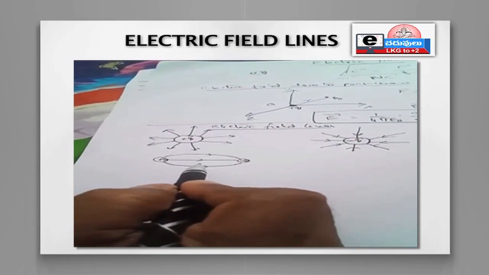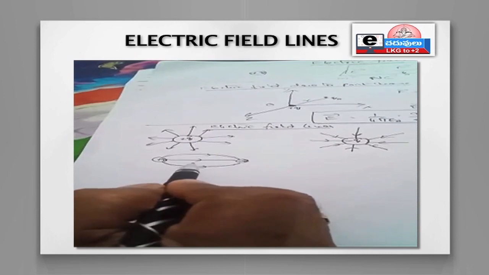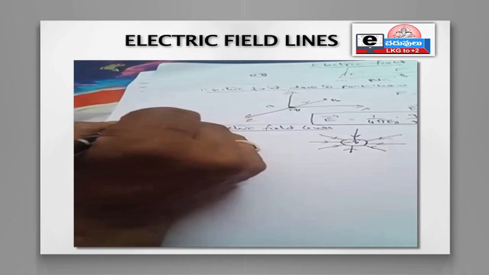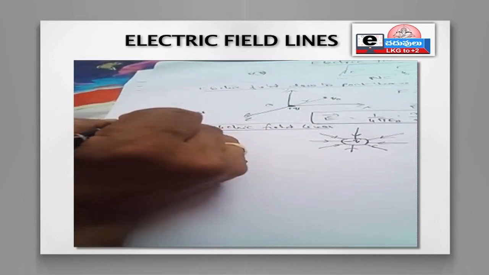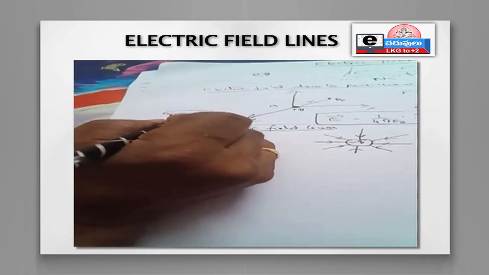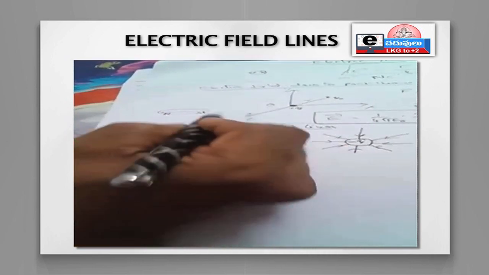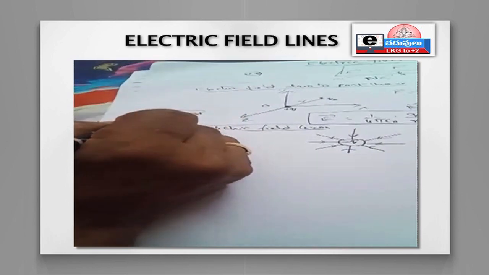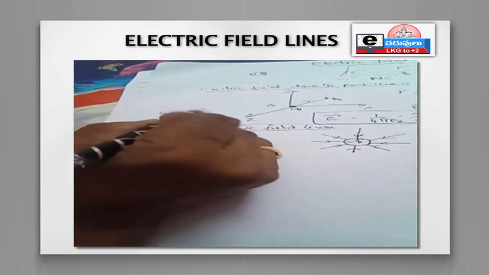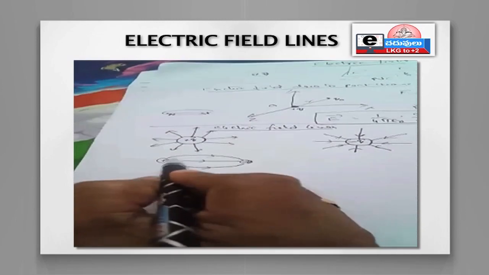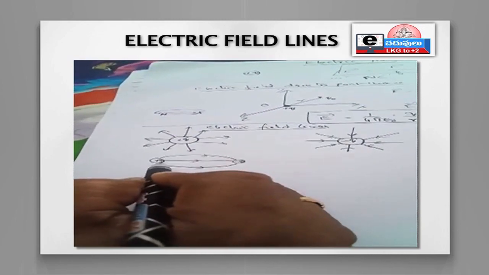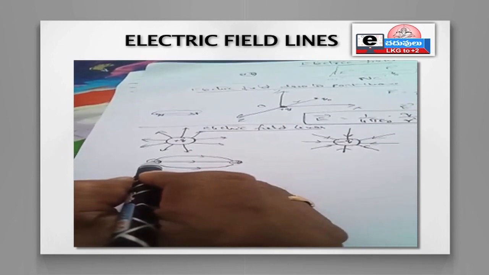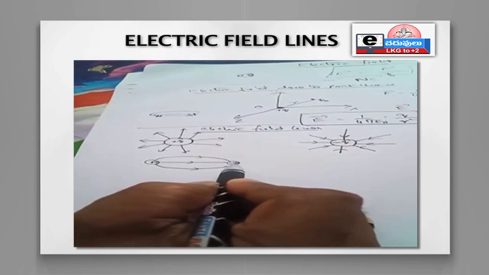That is one of the differences between magnetic field and electric field. If you remember, in magnetism, north pole, south pole, it is there like this. Suppose this is north pole, this is south pole. Magnetic field lines start from the north pole and end with the south pole, and inside they move from south pole to north pole. That means it is a continuous loop, whereas here there is no other direction moving from negative to positive. So they move from positive charge and end with negative charge.